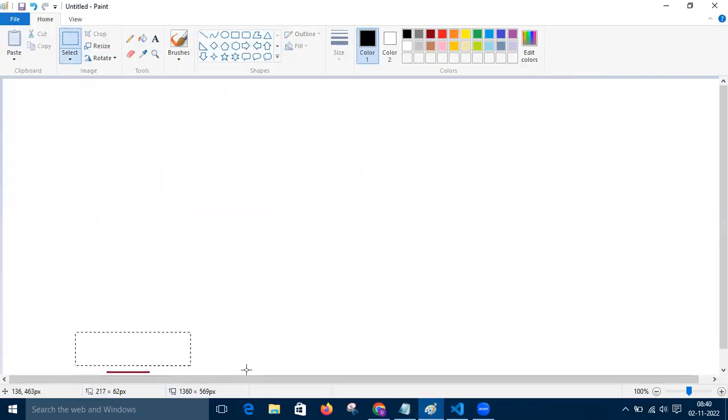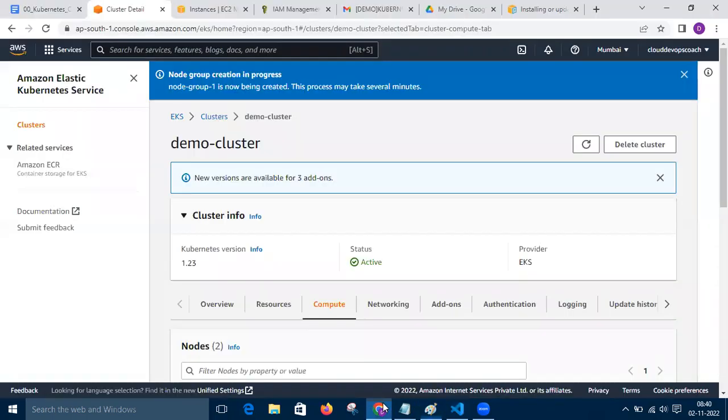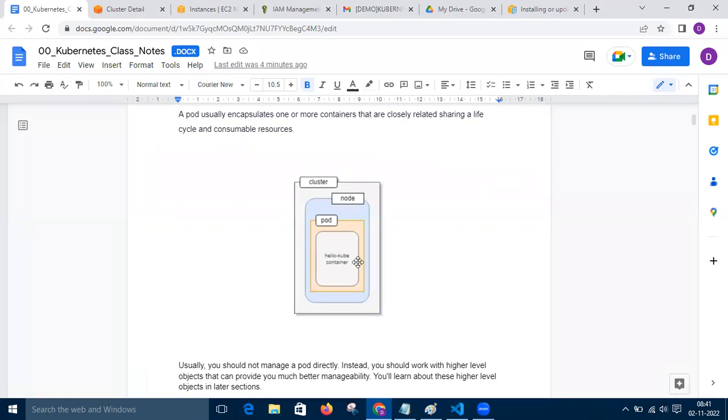Now let me not draw the cluster again and again. What I want to do is the simplest deployment. The smallest deployment unit in Kubernetes is called what? Pod. We don't generally use containers directly here. We will deploy the pods, not the containers. In the pods, containers will be created. Pod is nothing but some abstract layer over the Docker container. As simple as that. If you are not feeling comfortable, you can use pod and container